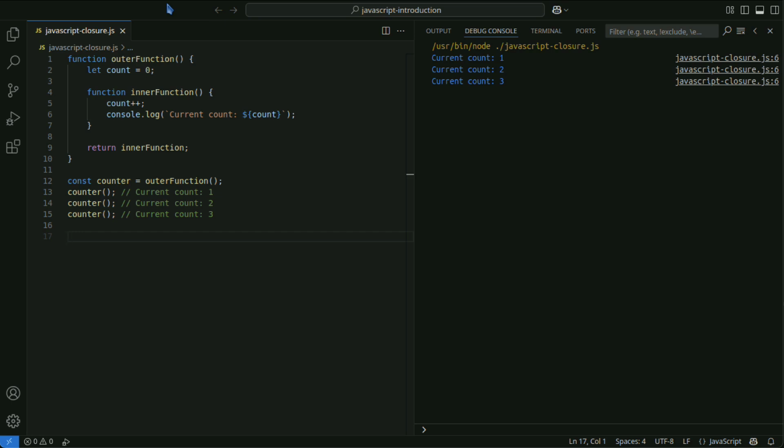This is the basic mechanism of a closure. It is inner function that is assigned to the counter variable, and we can see that the state of count is preserved even though outer function has already completed execution. This is because JavaScript continually remembers the scope at the time of function definition.